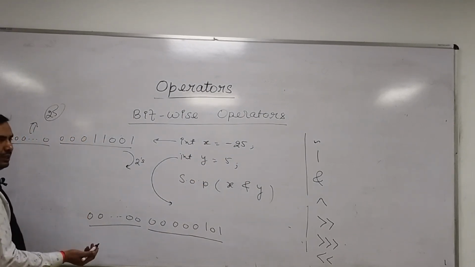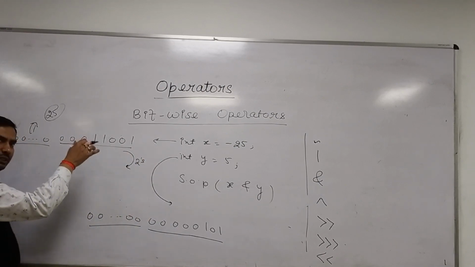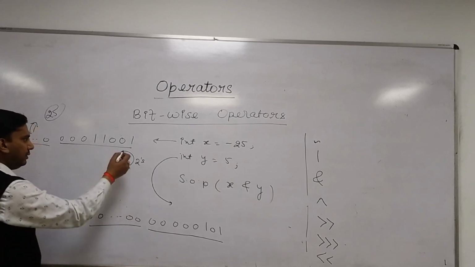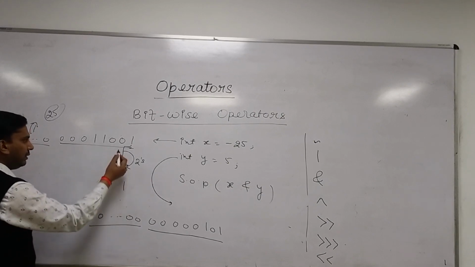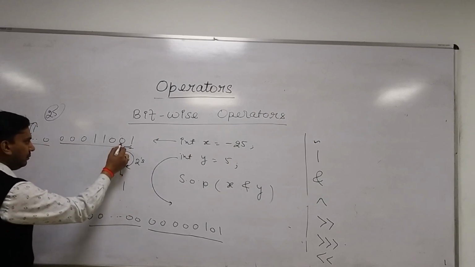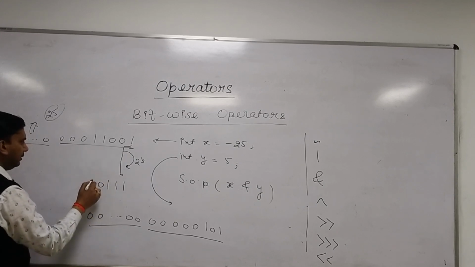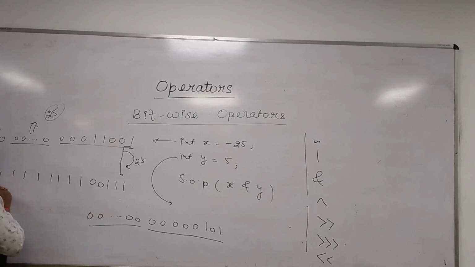Let us take the 2's complement. Again you will apply the same thing. From right to left you read the bits. Up to the first one, copy as it is. After the first one, invert the bits. So the very first digit is 1, it will be 1. Rest other bits inverted. So it will be 0 1 0 1 1 0 1 0 and then rest other ones and so on. So this is your minus 25.